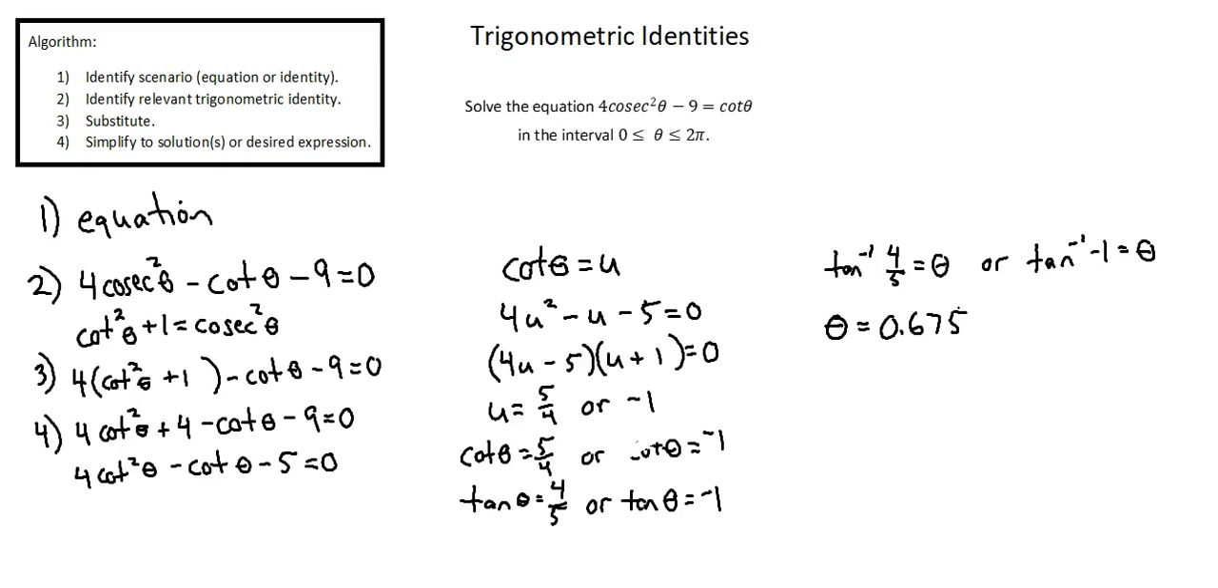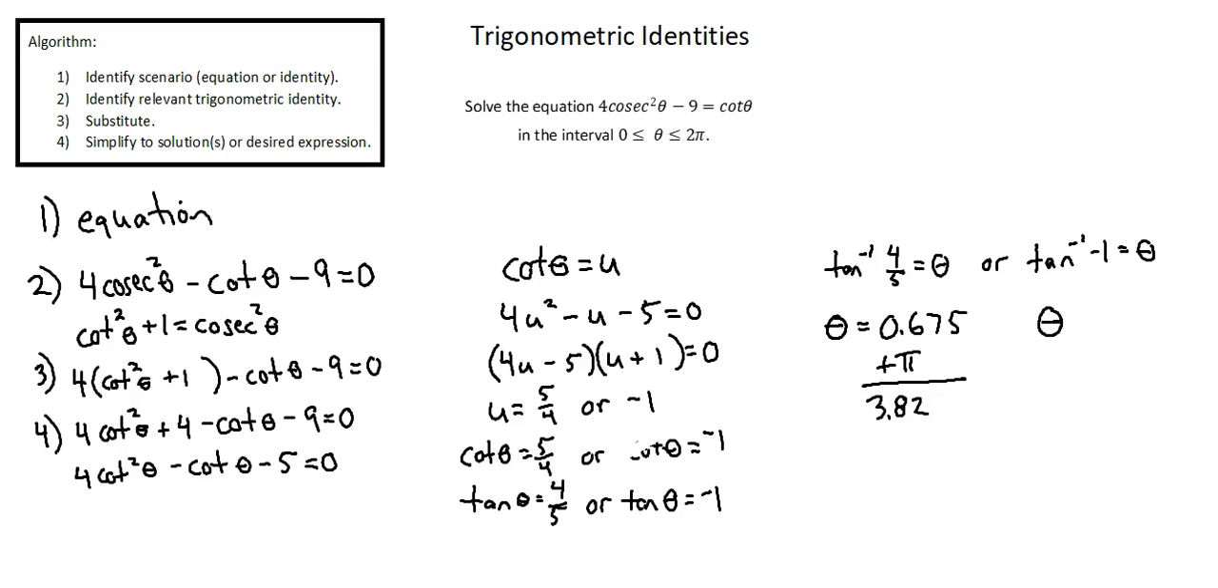and for the interval we're given, 0 is less than or equal to theta, is less than or equal to pi, we also want to consider a second angle. Given the function tangent, we will add pi to our first calculation to get to a second angle of 3.82 radians. Now for inverse tangent of -1 equals theta, we can also use our calculator, or you might recall